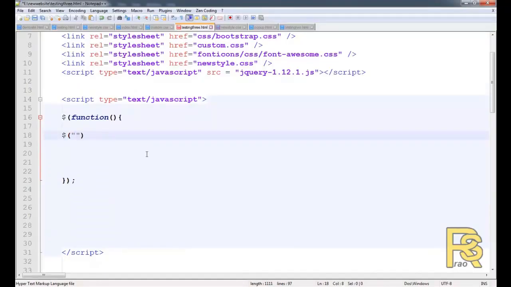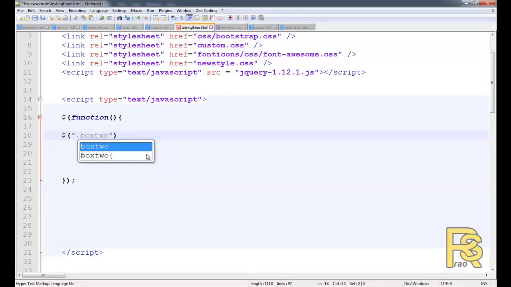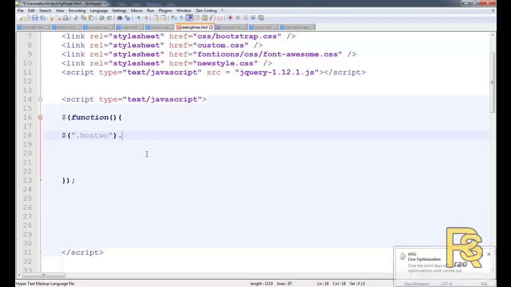So in inverted quotes its class, so we have given it a period. So here we can use hover actually, but instead for this zoom effect let us use mouse enter,